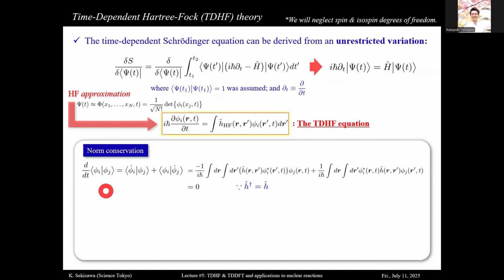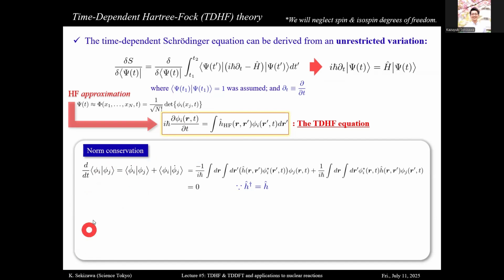So by performing a static Hartree-Fock calculation, we can prepare a static initial wave function of the atomic nucleus. Then we can evolve in time. And this indicates that the Pauli exclusion principle is automatically satisfied for all times during the time evolution. So if the initial state is also normalized, then if we evolve in time according to this TDHF equation,